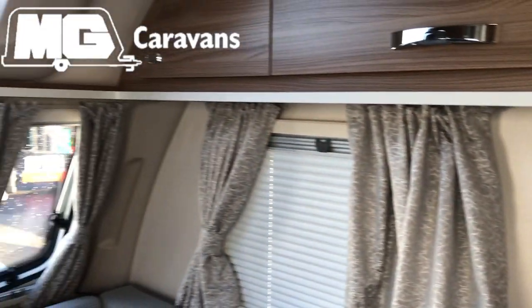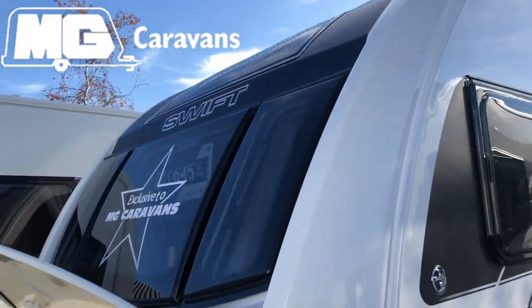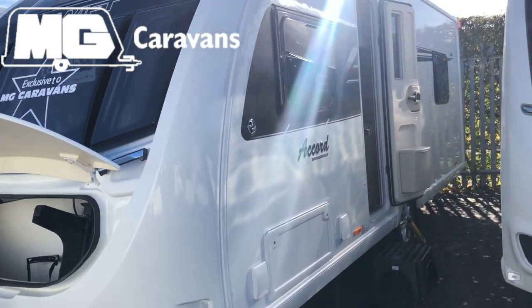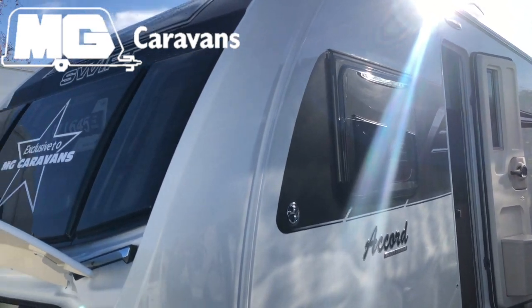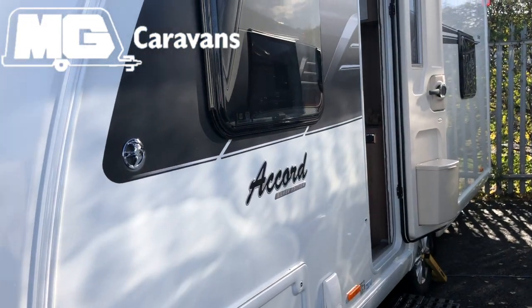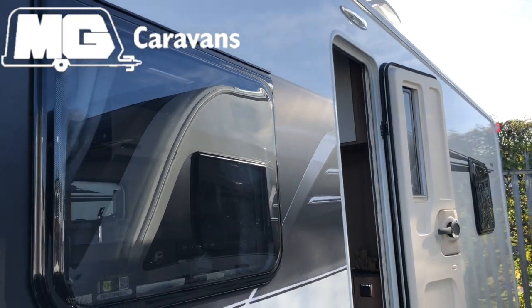You can get a tailor-made full cover to suit the Caravan. You'll want to make sure when you're looking at a full cover that it is breathable, is the right fit, and when you have fitted it, that it's securely fitted. If you get a cover that's slightly loose and a bit ill-fitting, it can cause damage to the bodywork, and you want to make sure it's breathable, because non-breathable covers can promote mould growth and can again cause